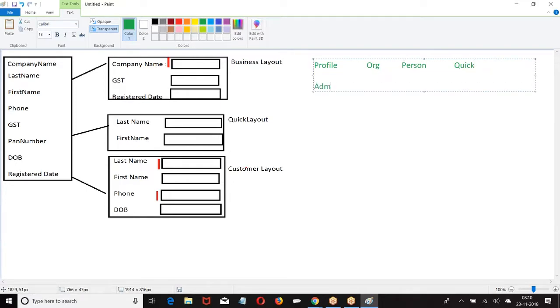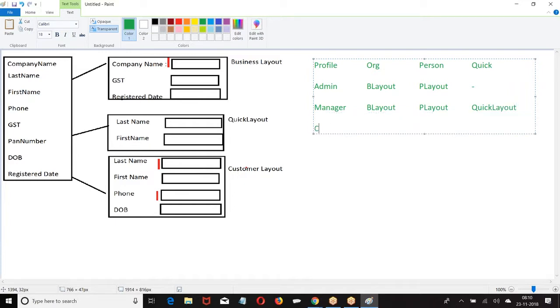Admin profile with org gets the business layout, with person gets the person layout, and with quick you don't have access. Manager profile, business layout.